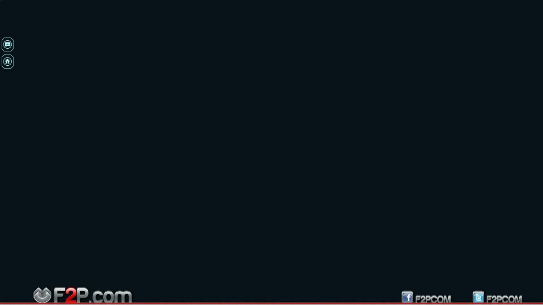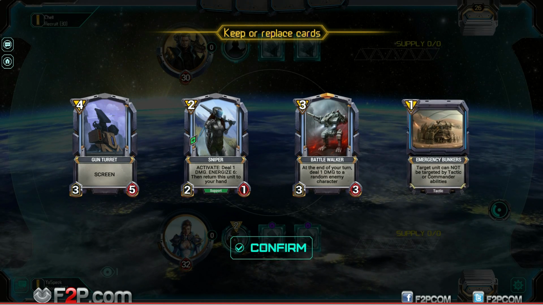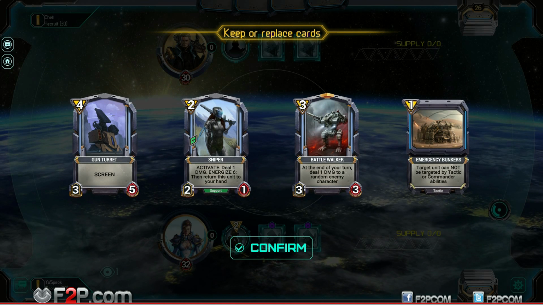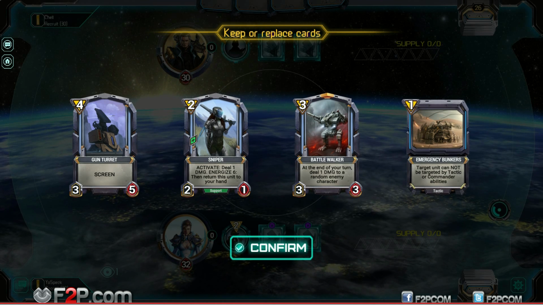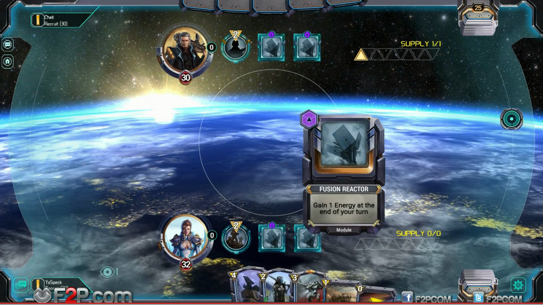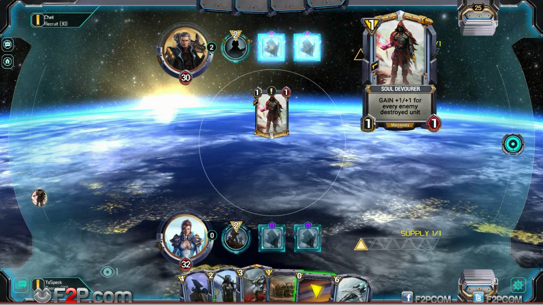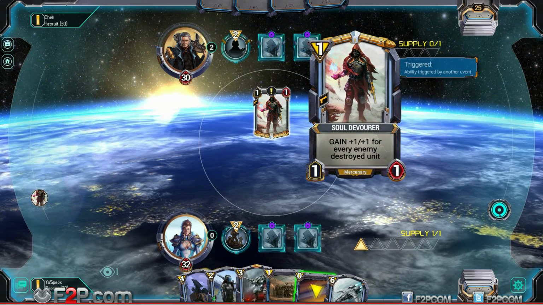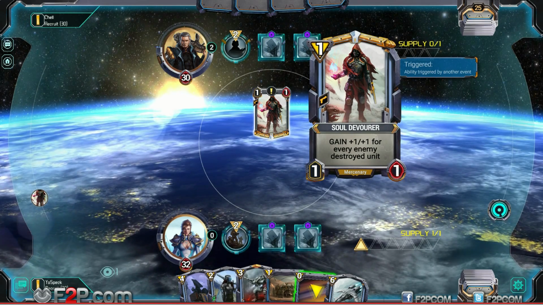So we get to keep or replace cards. We're looking at our low-cost ones. This is actually a really good starting hand for us, so I'm going to keep all 4 of those. Now we've got 5 cards. We've got an extra one there. I think we're going second, so we got an extra card. What's this dude? Gain 1/1 for every enemy unit destroyed. Well, that's not going to last particularly long because...